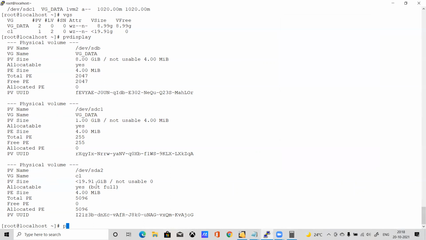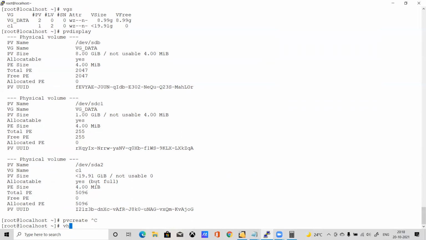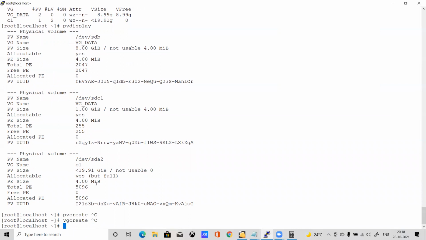So first we created a pvcreate, and after that we created a vgcreate. And now we are creating an lvcreate with -L. How much size do you want to create here? Let's say first time we will use all space, and later we will delete it.